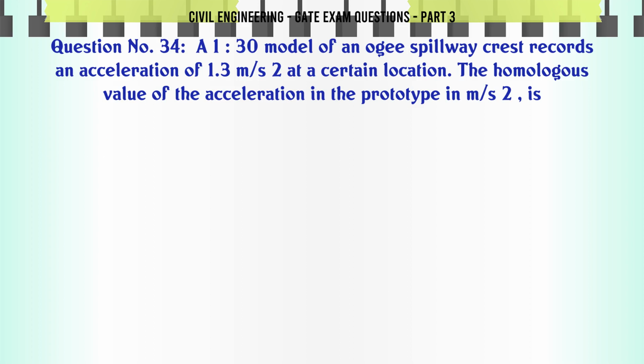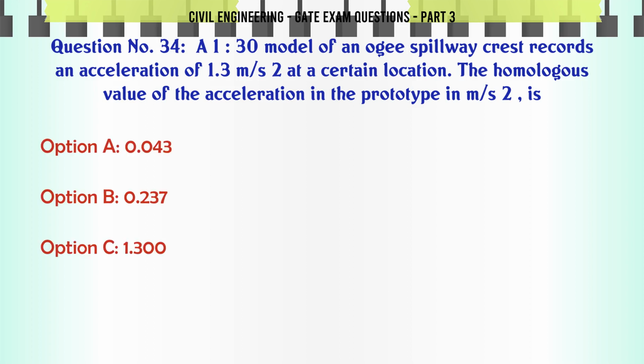A 1:30 model of an Ogee spillway crest records an acceleration of 1.3 m/s² at a certain location. The homologous value of the acceleration in the prototype in m/s² is: A. 0.043, B. 0.237, C. 1.300, D. 7.120. The correct answer is